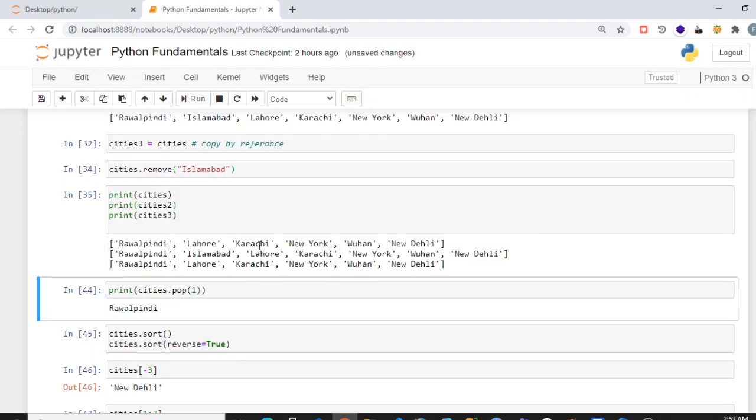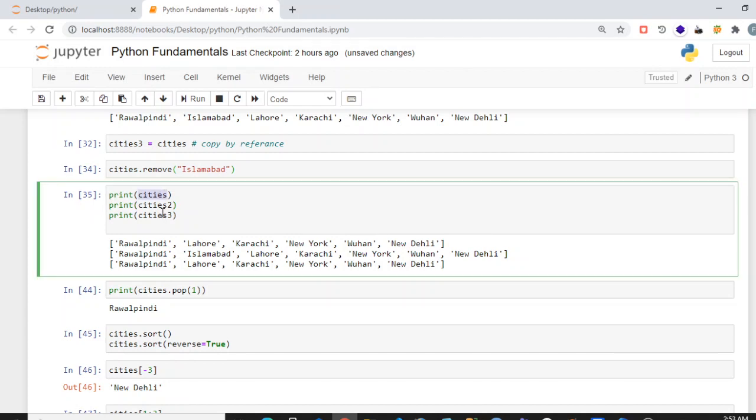Now you can see Islamabad is removed from the list of cities as well as the list of cities 3, because cities 3 was referring to the same list, cities, because it was copied by reference, while we have a separate copy in cities 2, which was copied by value.